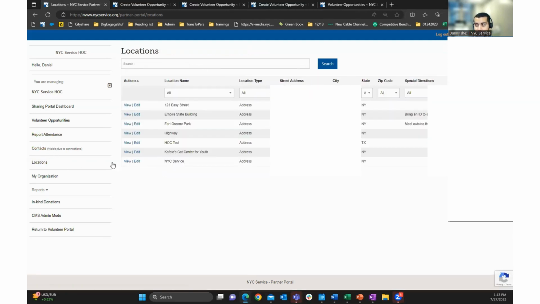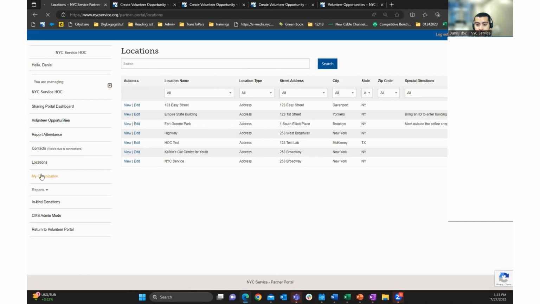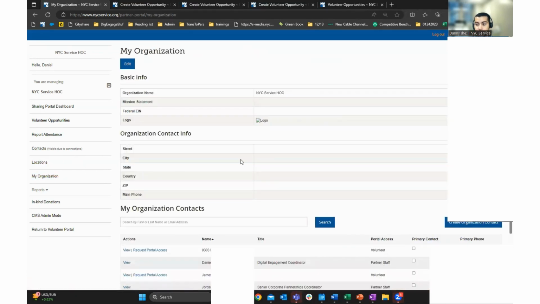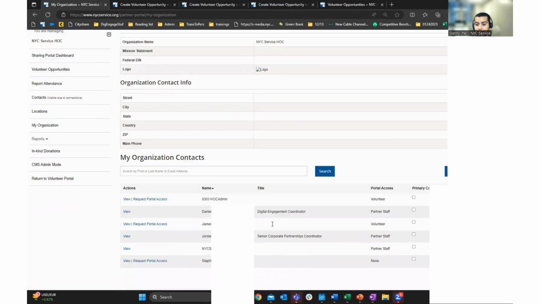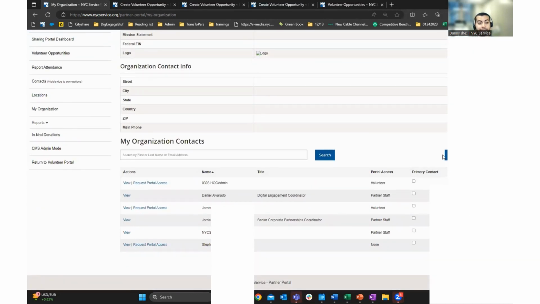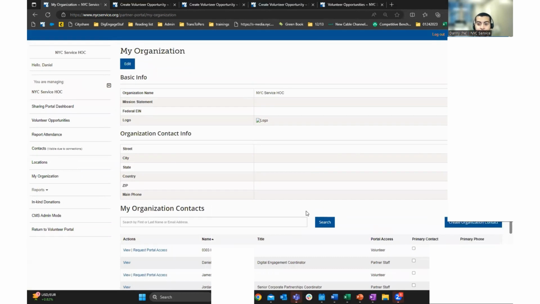You can see locations as well. You can create a location for your opportunities, and you can see your organization if you need to edit any information, or if you want to add an organization contact, you can do so here so that they can also manage your organization in the partner portal. Again, more on all of these in next Thursday's session, managing volunteers. Cool. Now we'll move on to